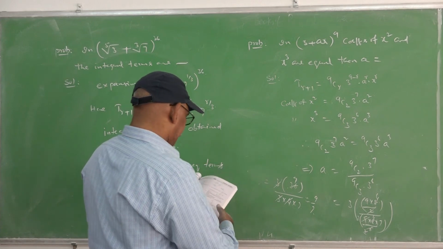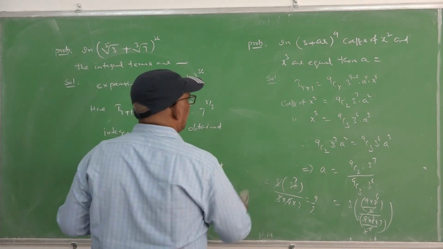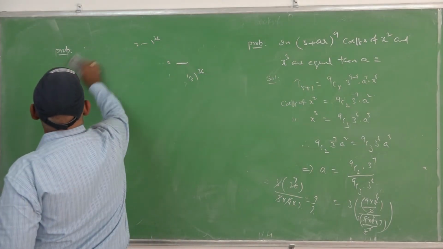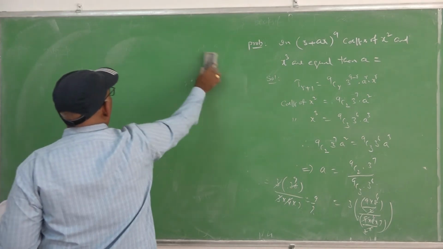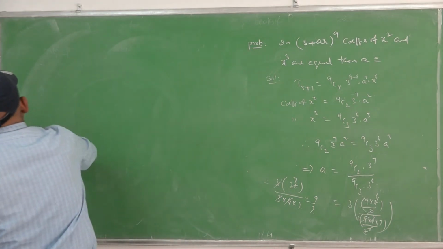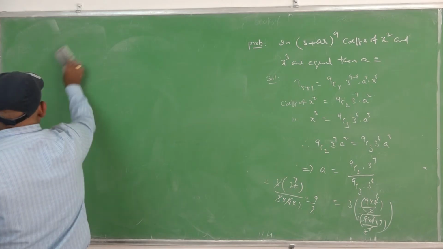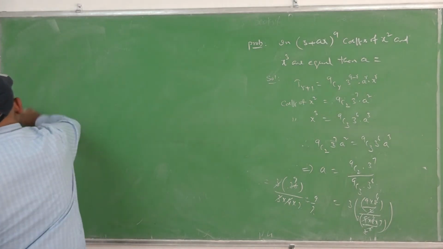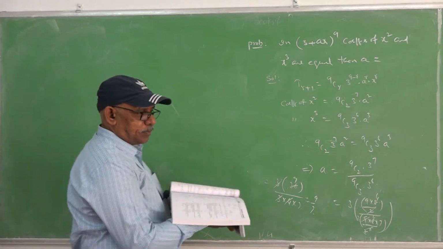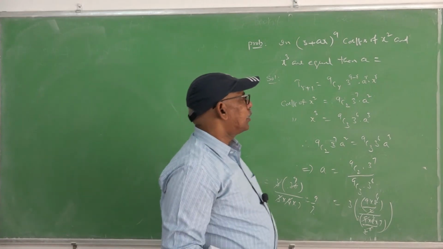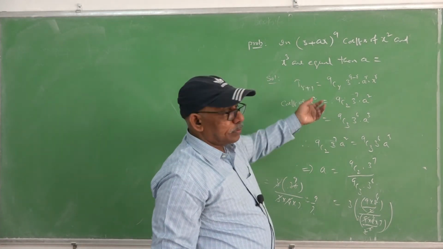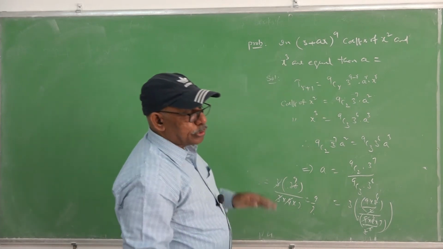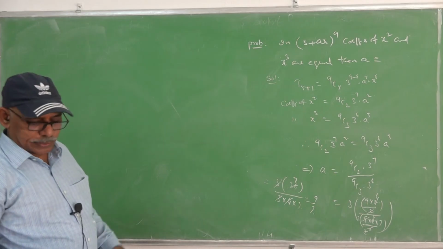9 by 7. Like that you can find the required coefficient, and you can get the required power of x, or you can equate any two terms or their coefficients. These are all obtained from the general term only. Once you are able to write the general term, choose r so that we get the required powers.